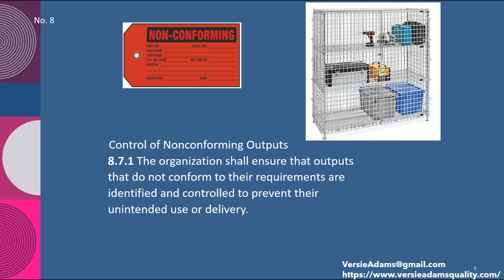Then you contain it, whether in a cage, an MRB cage, similar to the one on the right, a shelf, a room, a cabinet, whatever. But the key thing is that non-conforming outputs need to be identified. If they're not,